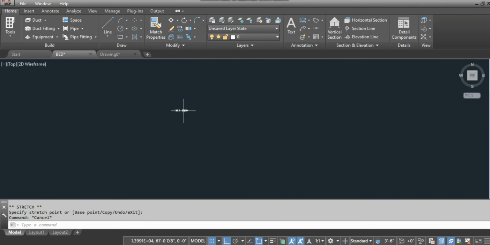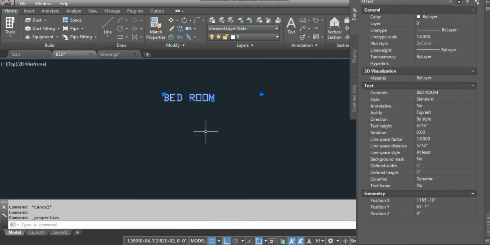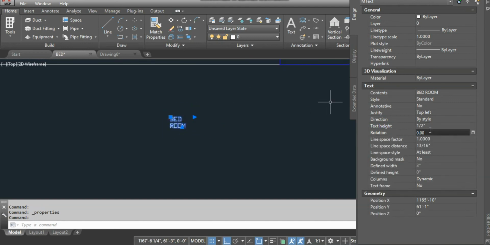We need to change their height, so we can go to properties, text height, we change it to 0.5. Again small,